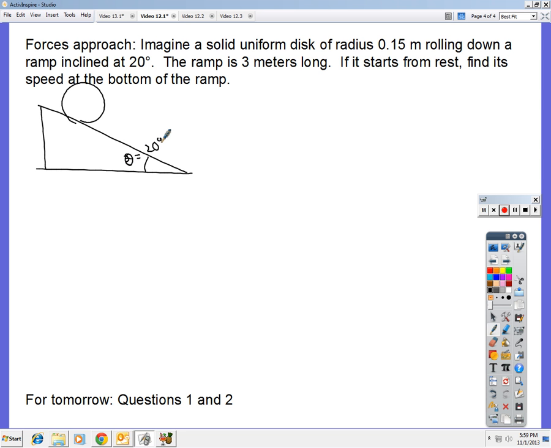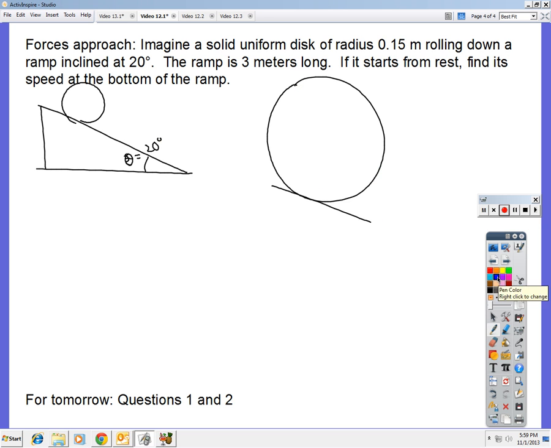Now we want to find the speed at the bottom of the ramp, and to do that we're first going to use the torques and forces to find the acceleration of the wheel, and then we are going to use that and the kinematics to get the speed at the bottom of the ramp. So using the forces, we're going to draw an extended free body diagram for the wheel,